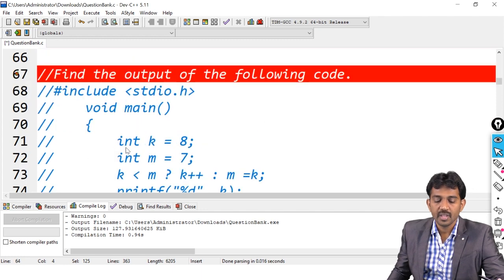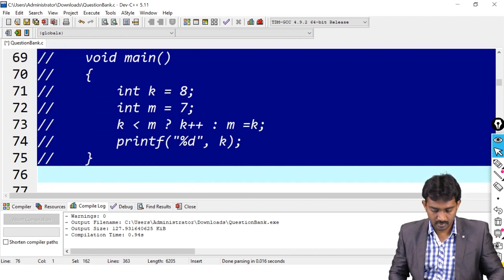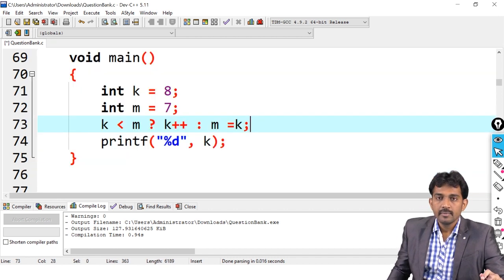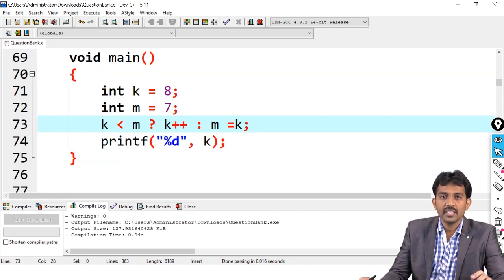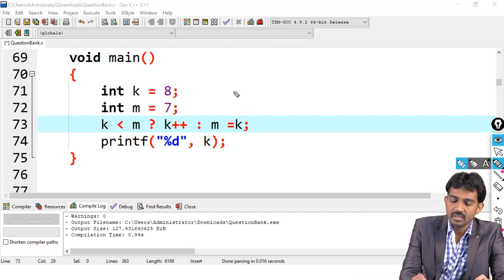Coming to the next. Find the output of the following code. See, what they have given? Again the conditional operator. k is less than m. What is the k value here? k value is 8.